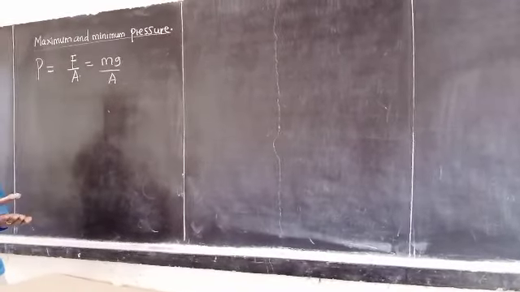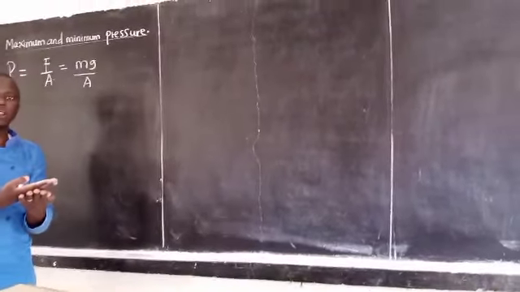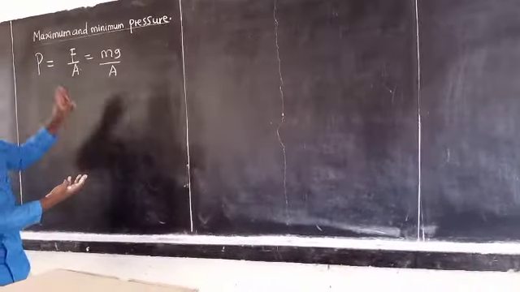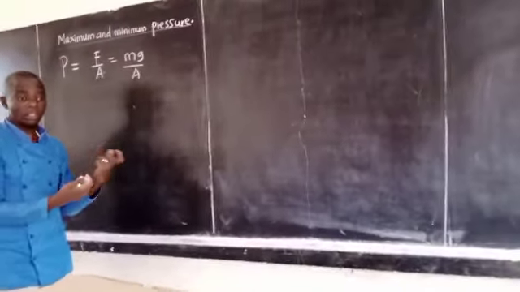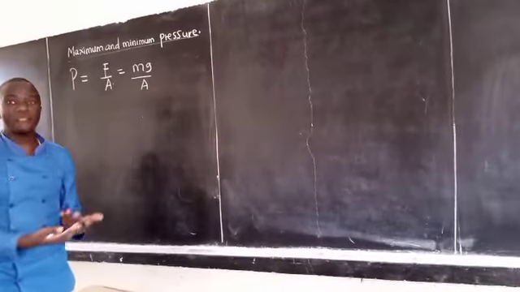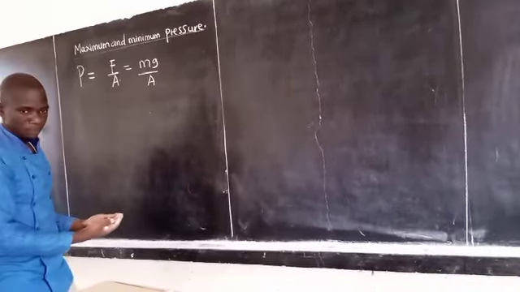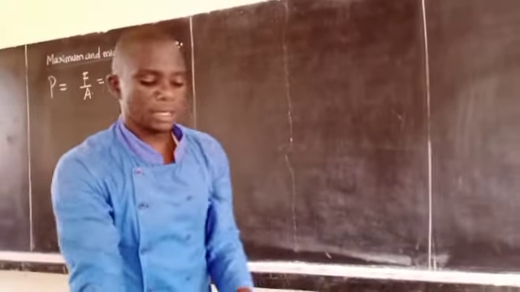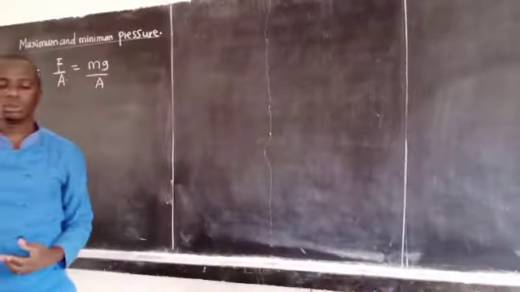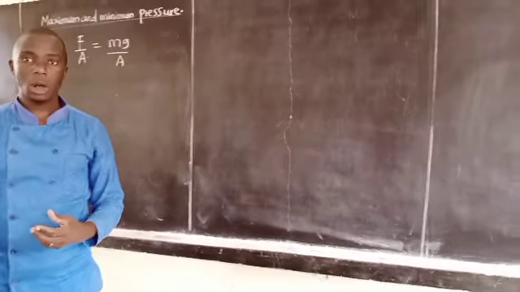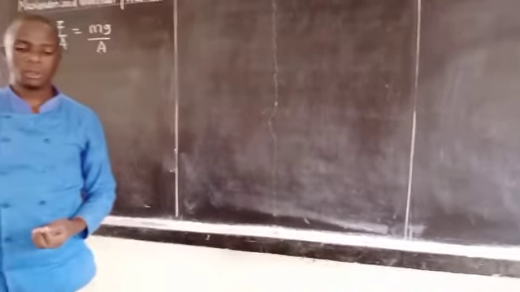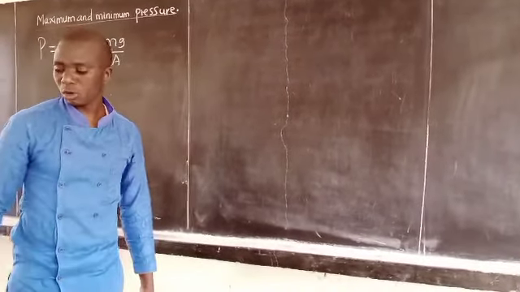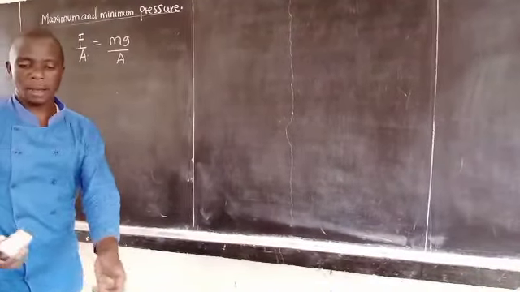If the body is pressed on a very small area, then possibly we shall have a different pressure from if a body is pressed on a very large area. That is the pressure that we are talking about. I would wish that you write this one down. Since pressure equals force over area,